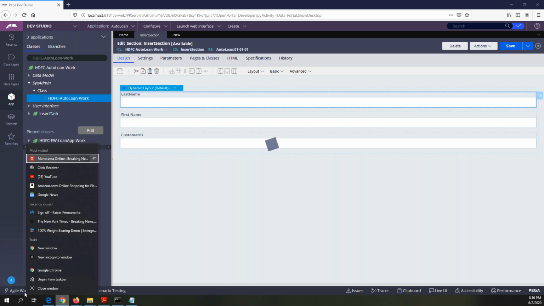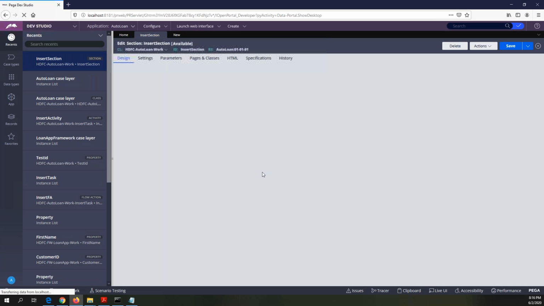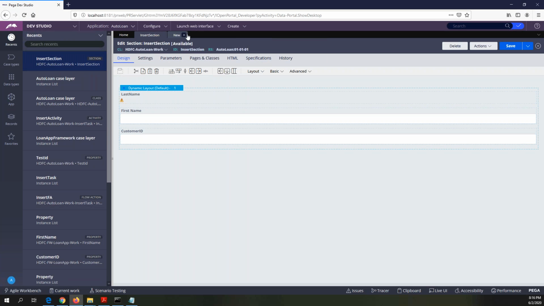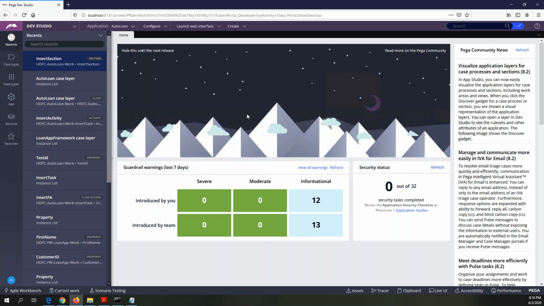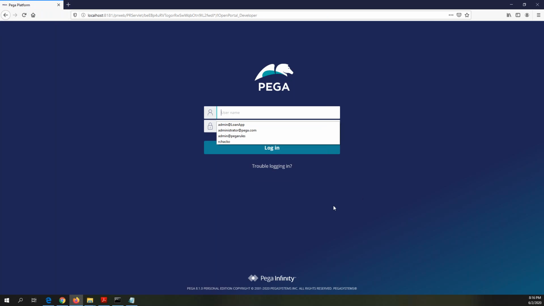Set the default. Just log out here. Close the tabs first. Okay. I don't know what's going on. Okay, wait a second. Just use the Chrome.